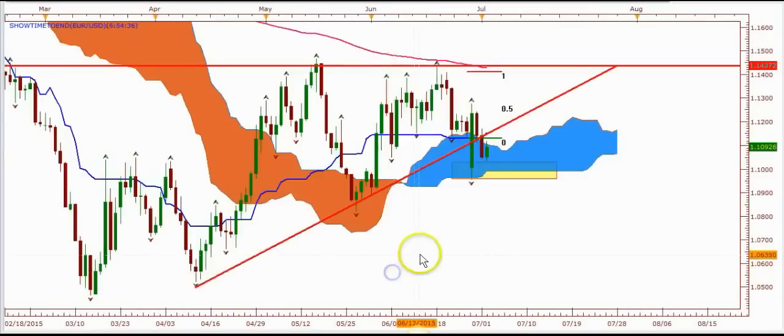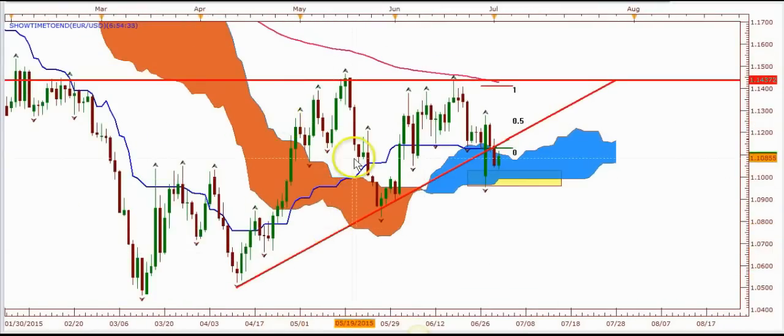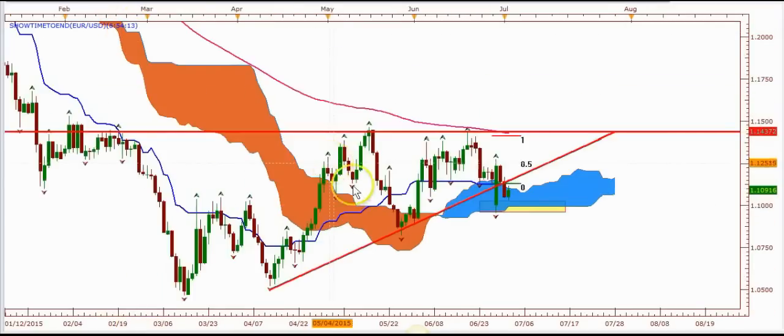Now Ichimoku's pretty bad to trade right now. Looking at it, you can see on this daily time frame it's flat, so you have a lot of crossovers of the Kijun-sen, and your Kijun-sen is flat and prices are all over that Kijun-sen. So that's a bad market to trade using Ichimoku at this time on the daily time frame. But you can see we're inside that cloud. We pretty much have the bias is mixed,